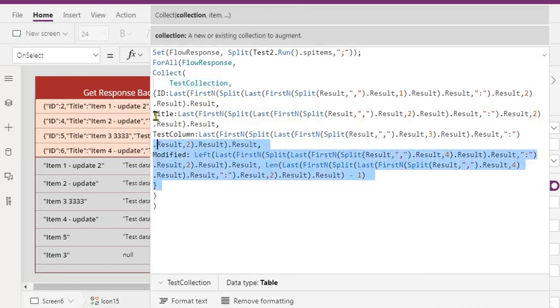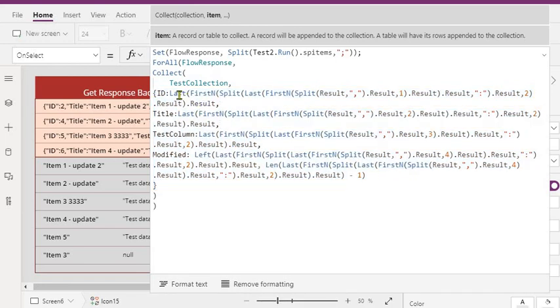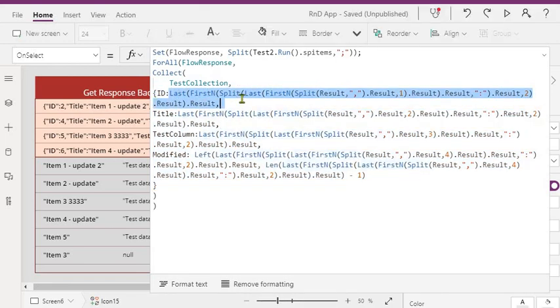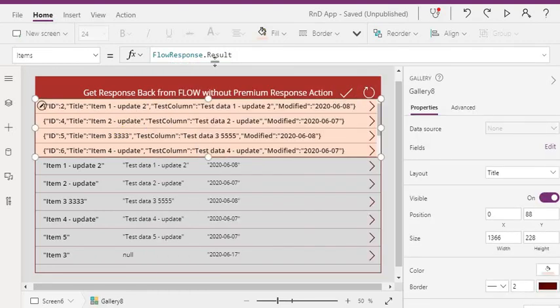Now this is the part which you need to take care of: you need to make use of Last, First, and Split, all these functions. What you see on the screen is this gallery is bound to flowresponse.result, which is the string we have just split with the semicolon.